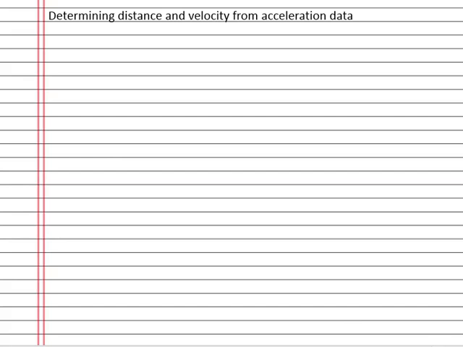Now I'm going to talk about how you might measure distance and velocity from acceleration data and some of the pitfalls involved. So imagine we've got a device attached to a shank, and the x-axis is pointing upwards, the y-axis backwards, and the z-axis